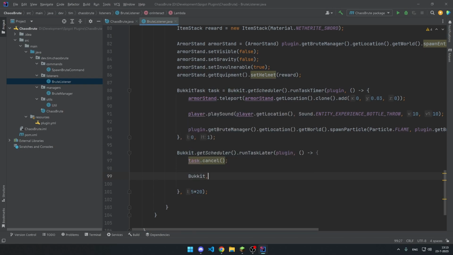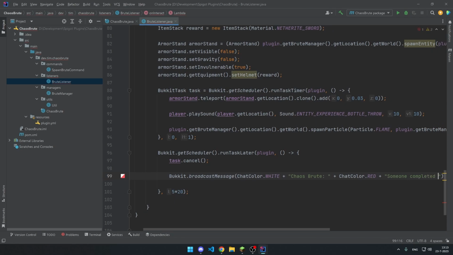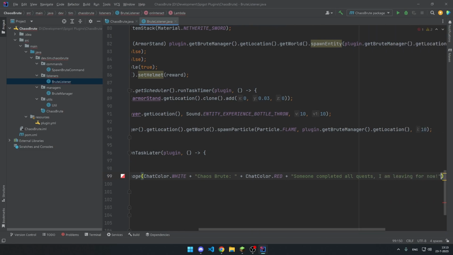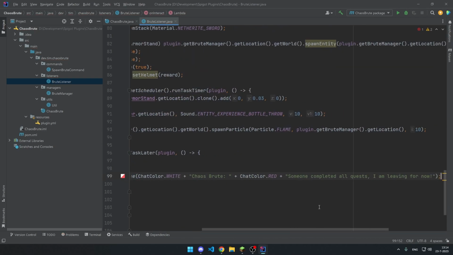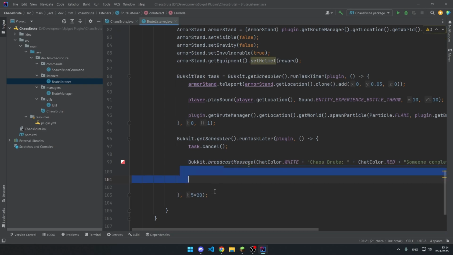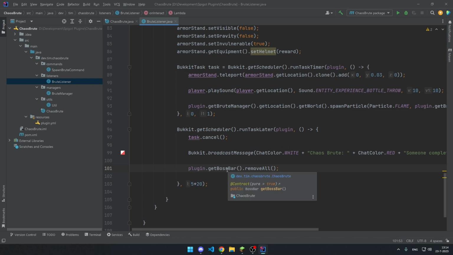We want to broadcast a message, Bukkit.broadcastMessage(), ChatColor.WHITE, Chaos Brute, ChatColor.RED, and then we can say someone completed all quests, I am leaving for now, like that. So this will be sent to every player online, because someone completed all quests. Alright, so what we can do now is get the boss bar, plugin.getBossBar(), and we want to call removeAll. So this will remove all players from the boss bar,